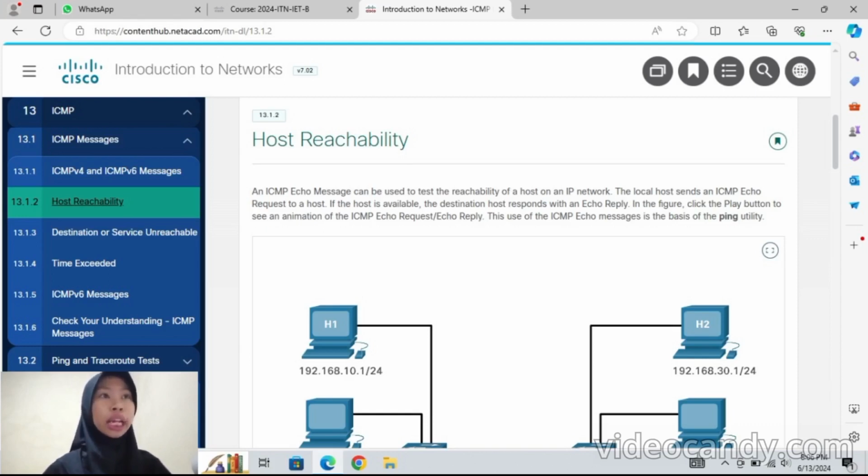The local host sends an ICMP echo request to a host. If the host is available, the destination host responds with an echo reply. In the figure, click the play button to see an animation of the ICMP echo request and echo reply. This use of the ICMP echo message is the basis of the ping utility.